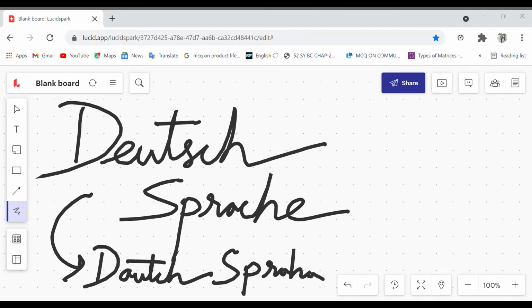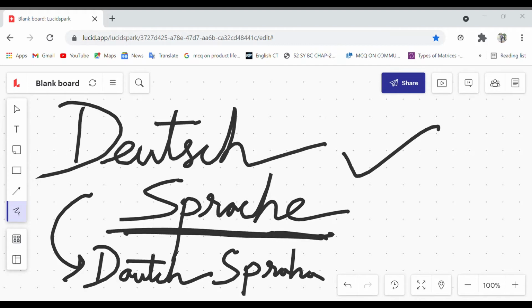Let me repeat. So the word is this and it is pronounced as Deutsch Sprache. Spelling is Deutsch and Sprache. If you see it from an English point of view, it is being seen as Sprache, but actually it is Sprache. So we have completed our first word of German.